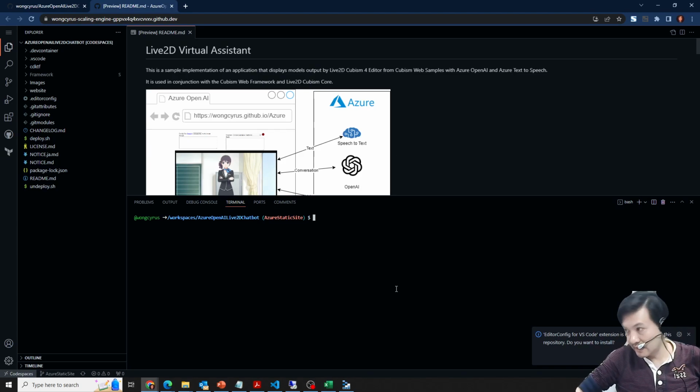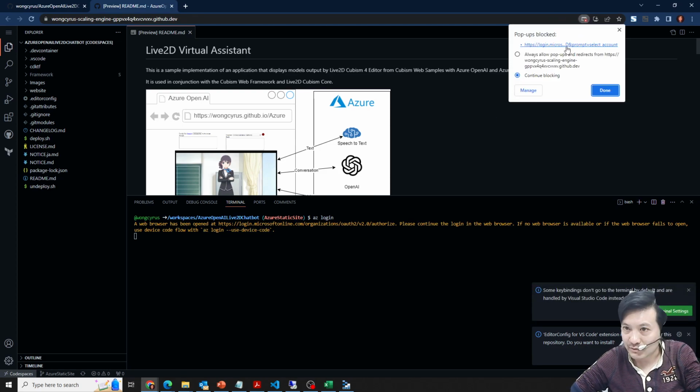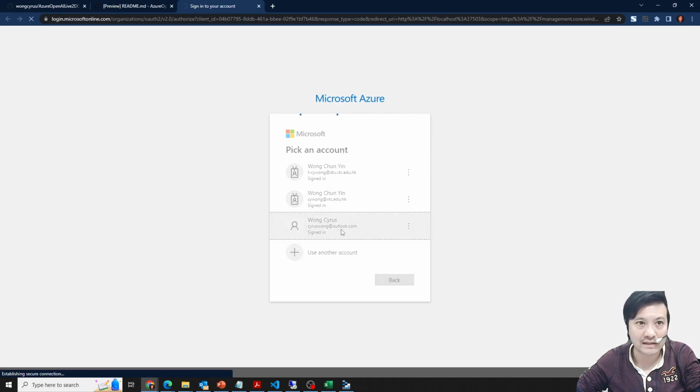You get your GitHub access token, so that the project will be able to deploy a GitHub repository and GitHub Action secrets, and also you need to log in to your Azure CLI. The first step says log in, but it will not work if you just do it directly, since it's in a web browser. But it does not matter. When you type az login the first time, it does not work. You get the parameter I need here, and actually if you try to click on this one, it will still be fine. Just log in to my Azure account,